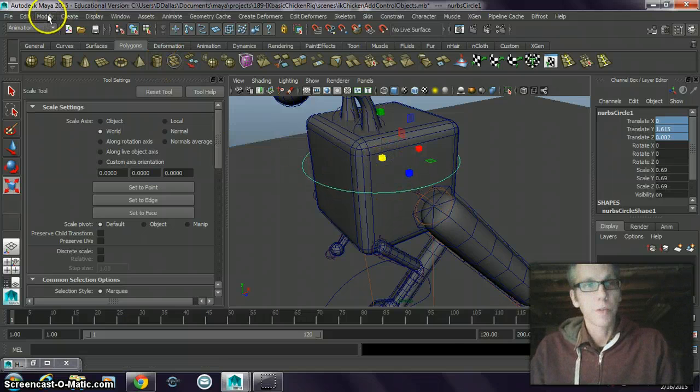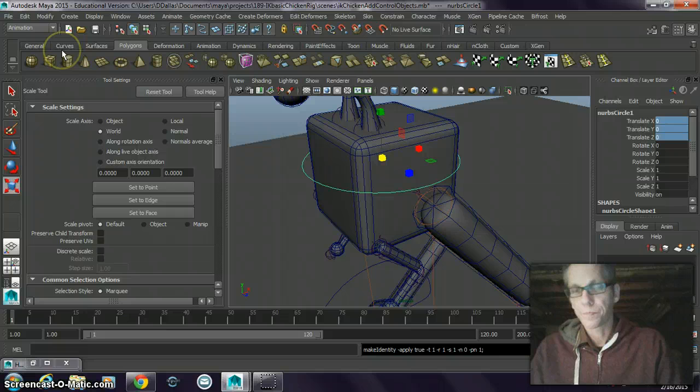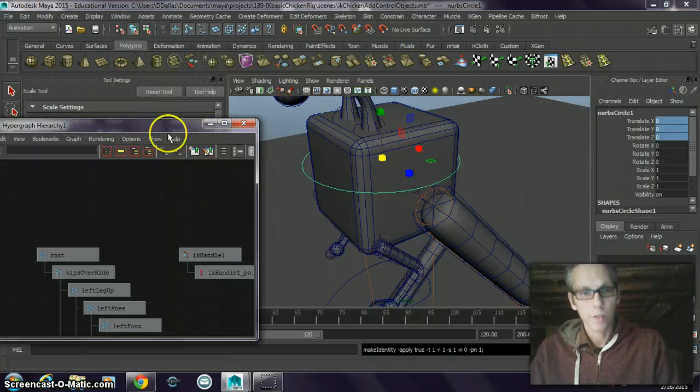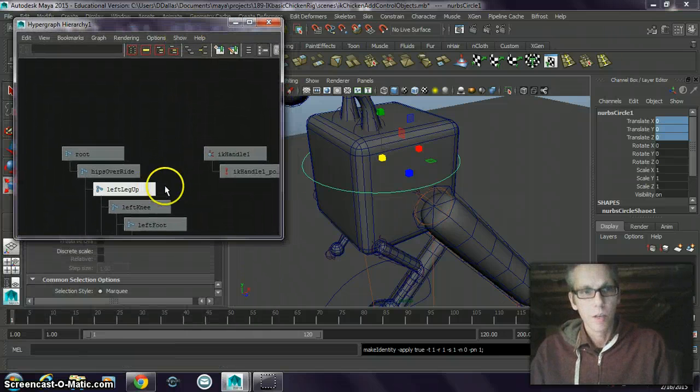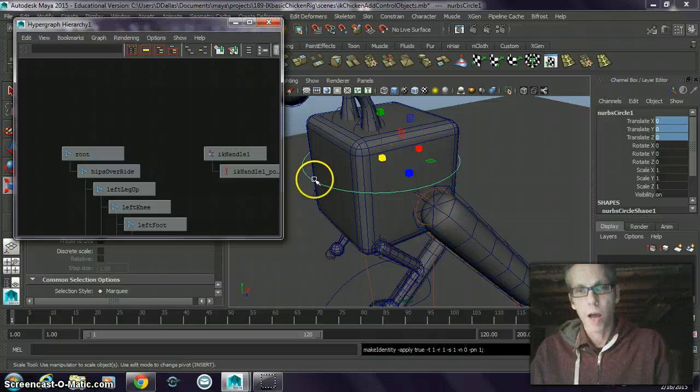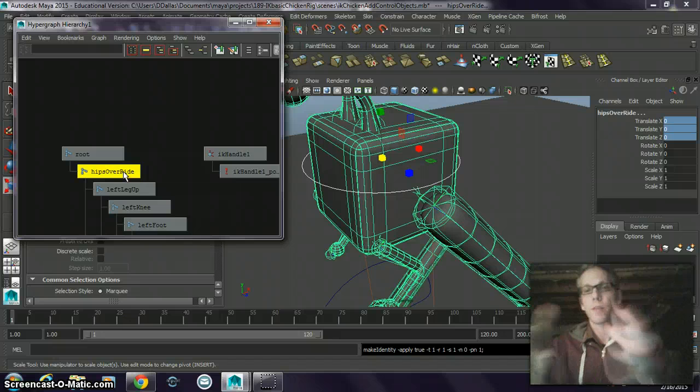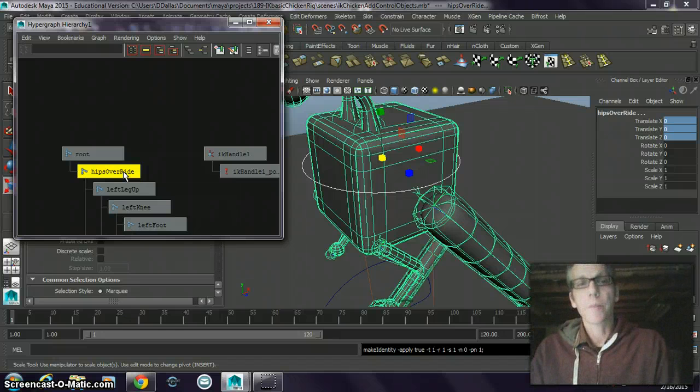So I'm going to keep it right there like that, and I might make it a little bit bigger, and I'm going to freeze transformations on it. And I'm going to use my hypergraph hierarchy because it's kind of hard to see this. Here's my hips override. So this is going to actually control my hips override joint. So when I move that, I can move the hips override, the hips. In this case, it's kind of like the head. And I'm going to use a different